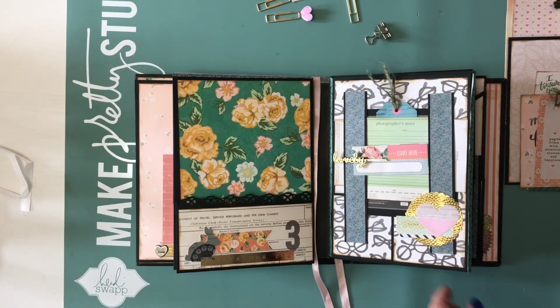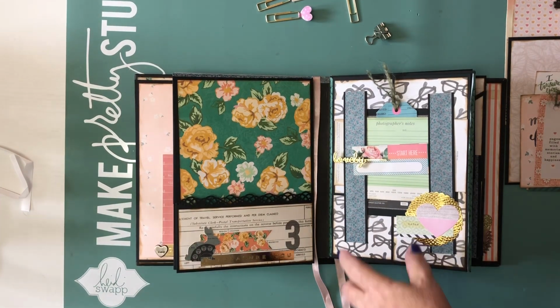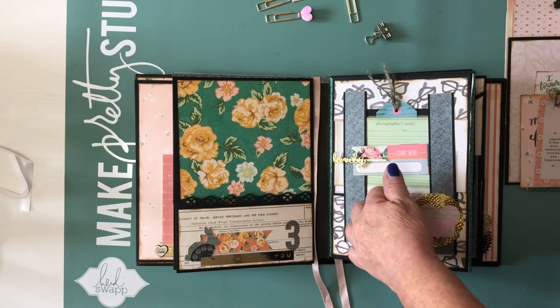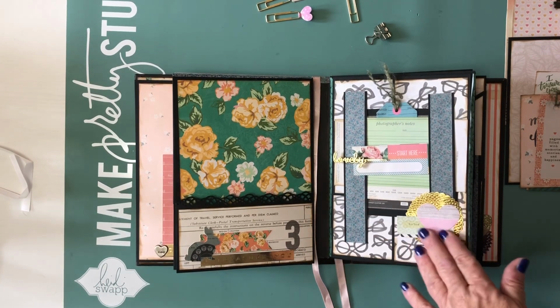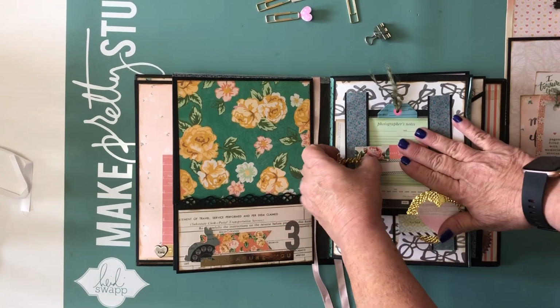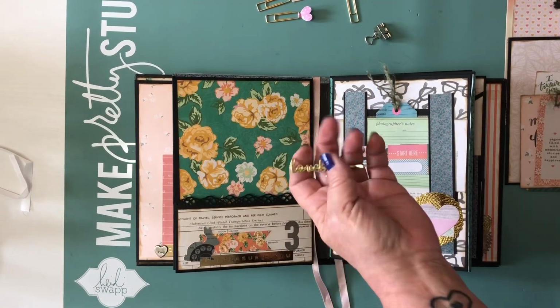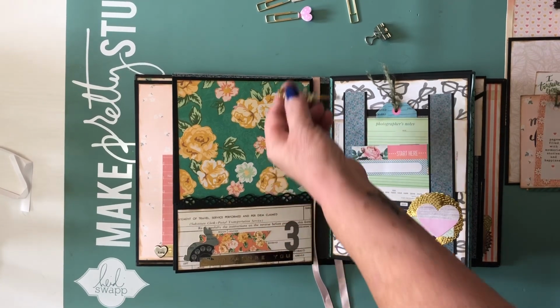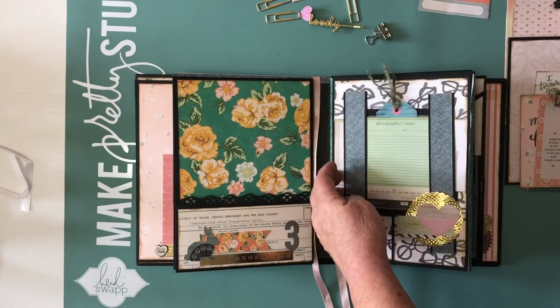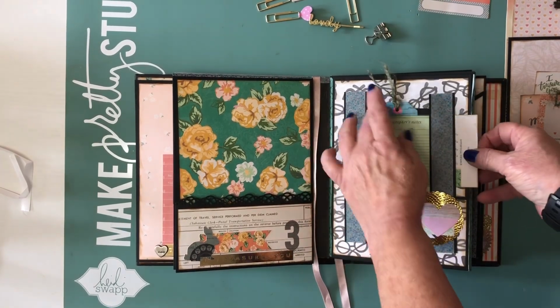So pretty easy. Then what I did to close this gatefold, instead of using a magnet, is I made 2 little belly bands here. I just used some ephemera and so forth from the collection to attach to one of those belly bands. Here I've used a cute little bobby pin with the word lovely on there just to kind of hold this tag right here in place. Then these tags just slide out